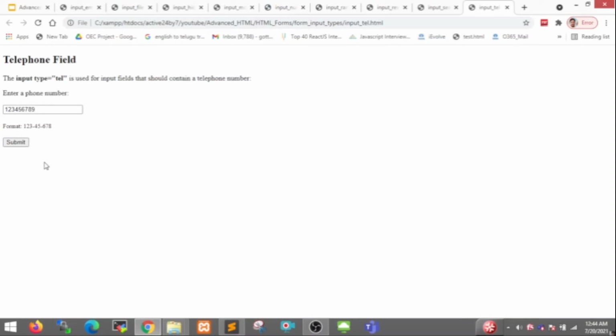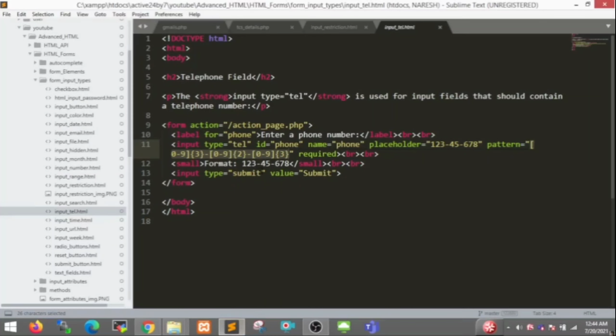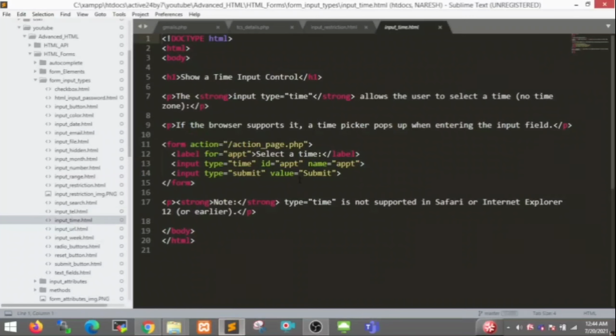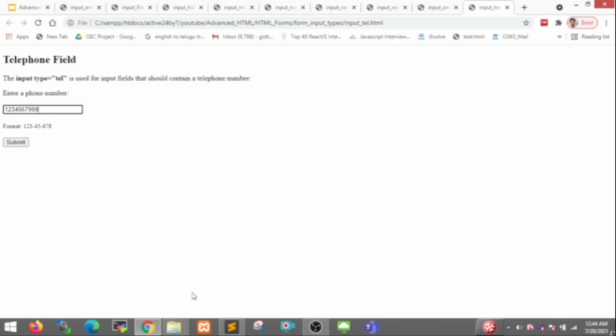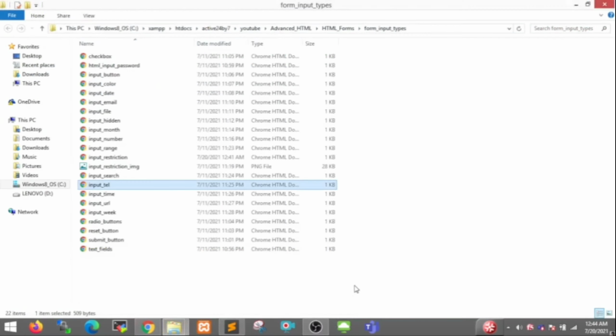So this is the concept of the input tel phone number validation. Another one is time, input type time. This is used for time purposes.